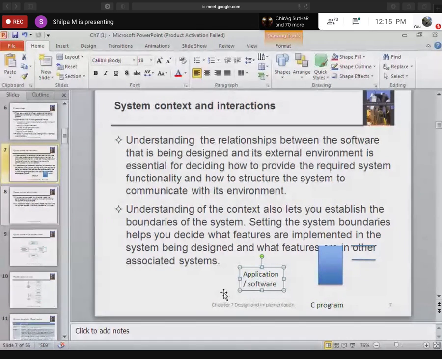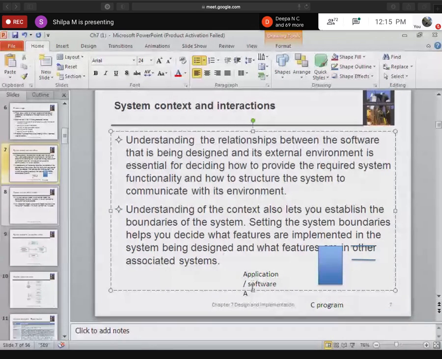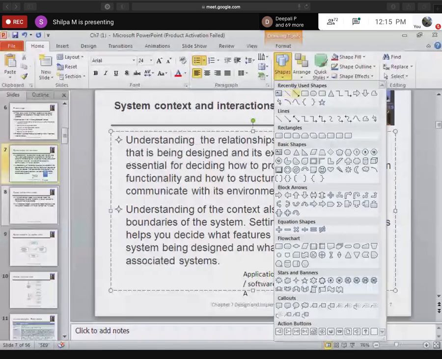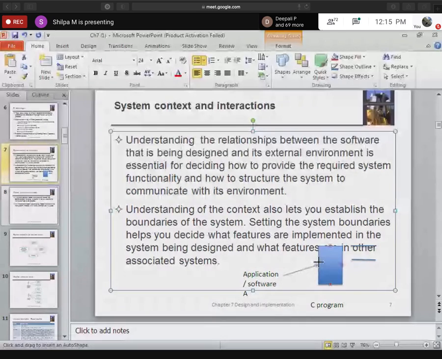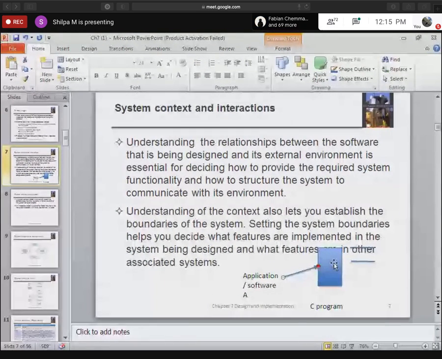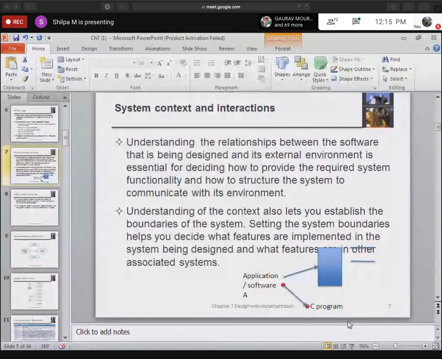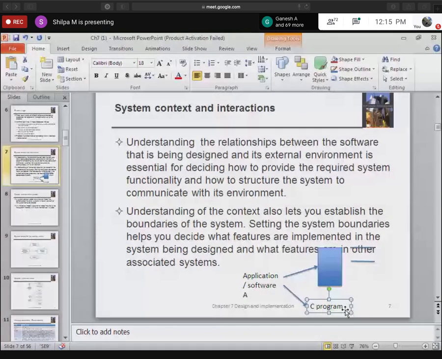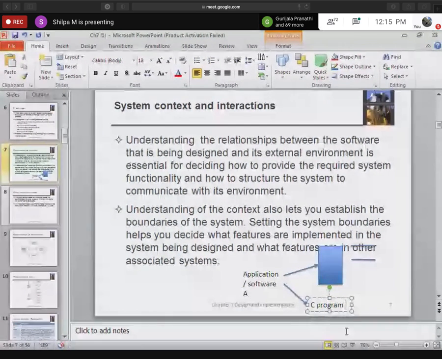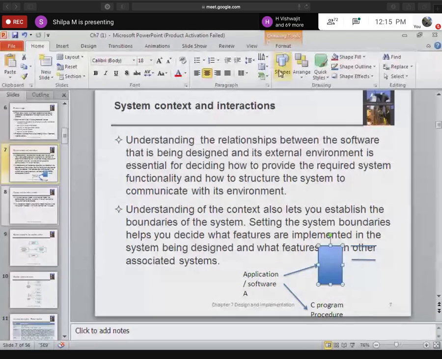Some customer comes to me asking me to develop this application or software A. When you are given a software to be developed, you have two choices. Either go to the first choice, that is object oriented programming, or go to C programming. C programming is nothing but procedure oriented programming, as it is called.